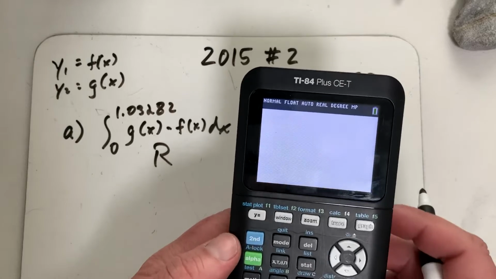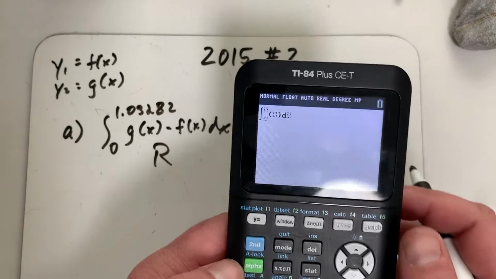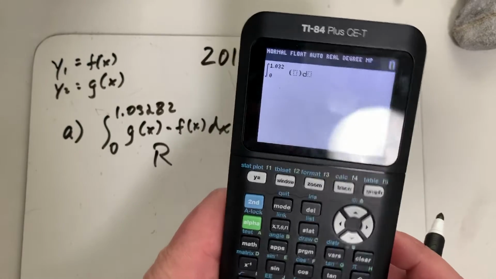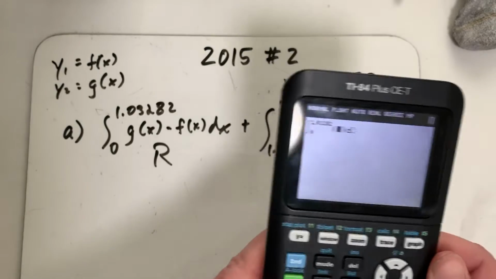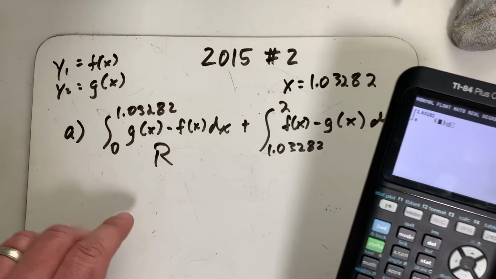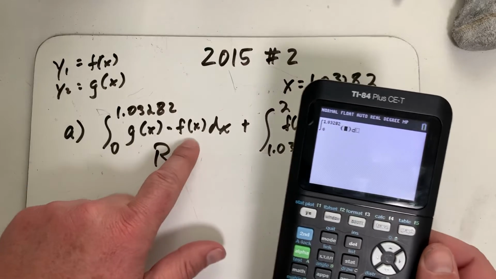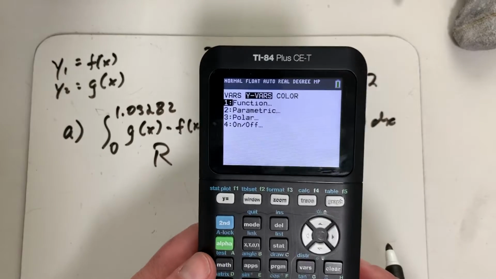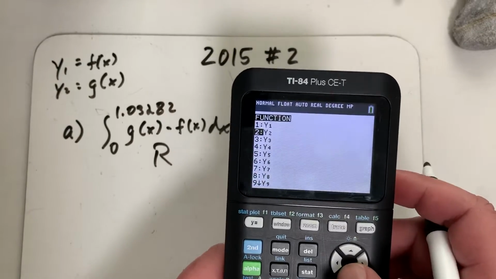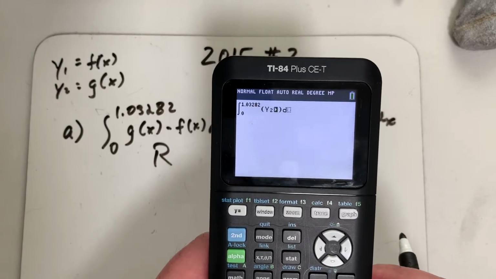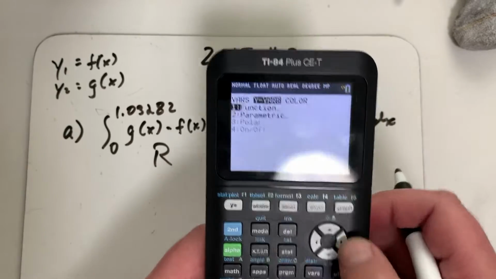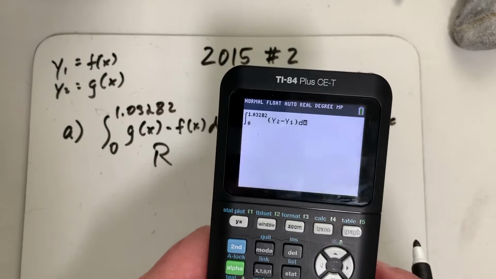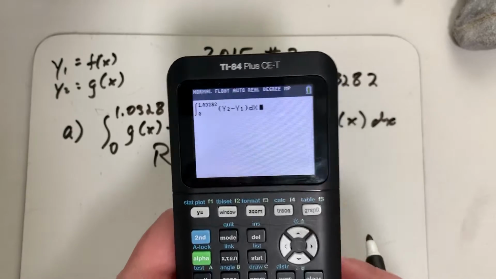Since I have those plugged in, this is just straight up calculation. So I'm going to quit that and go into math and set up my integral, 1.03282, and instead of having to type in all of the functions, I can just say it's going to be g of x minus f of x, which I have as y2 minus y1. So I'm going to go to vars, or variables, function, y2 minus vars, y1, dx, plus,